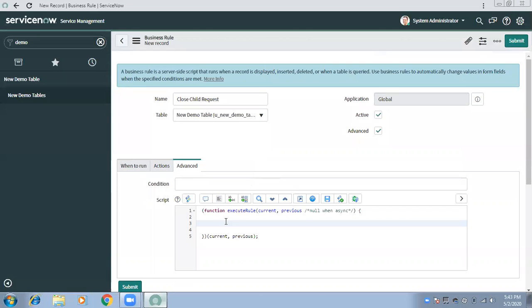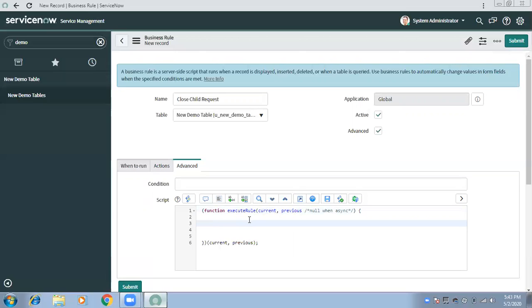Now first, let's understand current and previous. You remember new value and old value. That was for getting field values in the onChange script: the previous value of what was there, and the new value the user has taken. Similarly, here we have current and previous also.